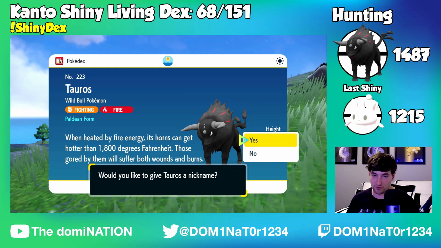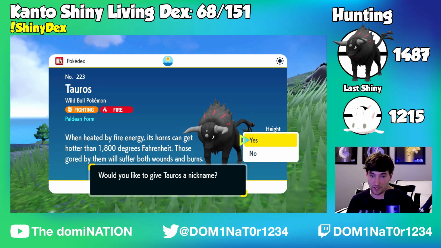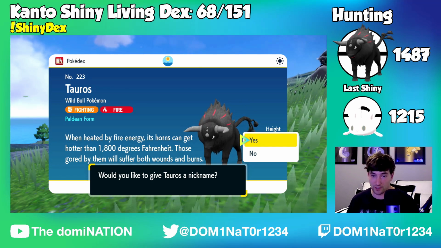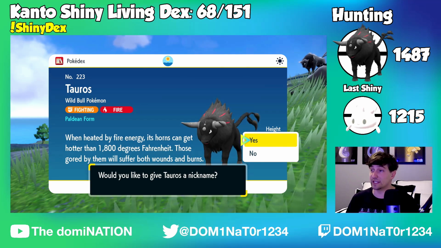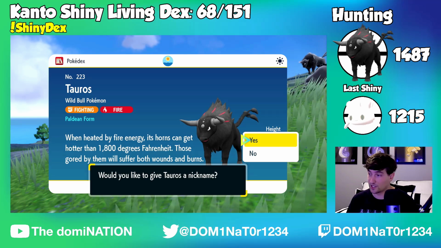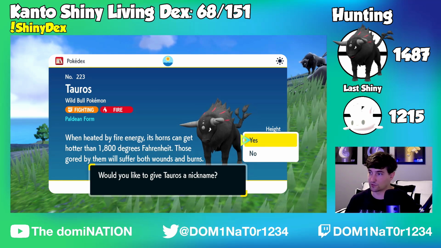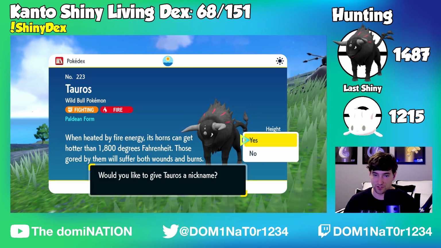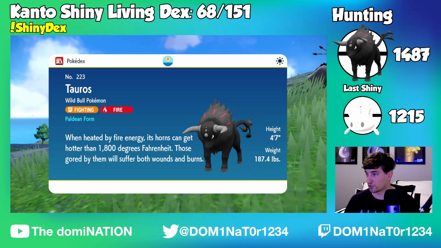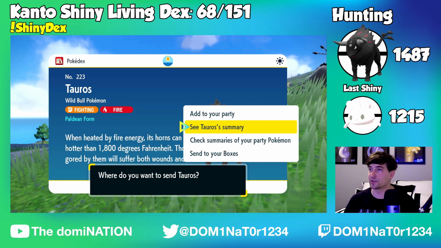And we got it first phase, which is the best case scenario, because then I can go for the Water Tauros in Violet, and if we phase, it's not a big deal at all, because we still need the normal Paldean Tauros. But, oh my gosh. And this is going in for the Kanto Shiny Living Dex. It's not going to add to the dex number, because we got to get a normal Shiny Tauros, a Kanto Shiny Tauros. But we need the form differences, so we'll take it. We're going to nickname this later. Get your nature guesses in. I'm going to guess...